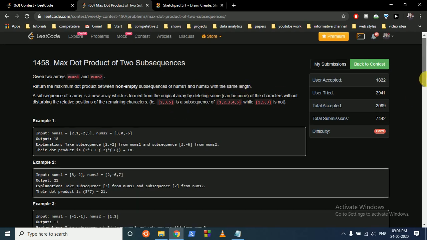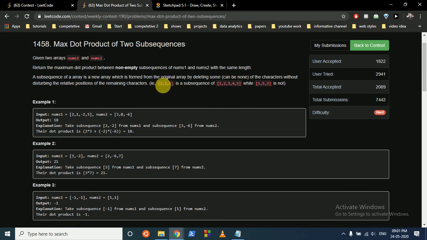Okay, so actually in the dot product what you do is you take two elements and multiply them and take the answer. So the length should be the same. As you can see in this example, the length of nums1 is 4 and nums2 is 3, but you have to take out only those elements such that the length of the taken out elements should be the same. Because when you do dot product, you will take one element from this and one element from this, multiply them and add the answer. So as you can see, you can take 2 and 3 here, and also you can take -2 here and -6 here, and the answer becomes 18.